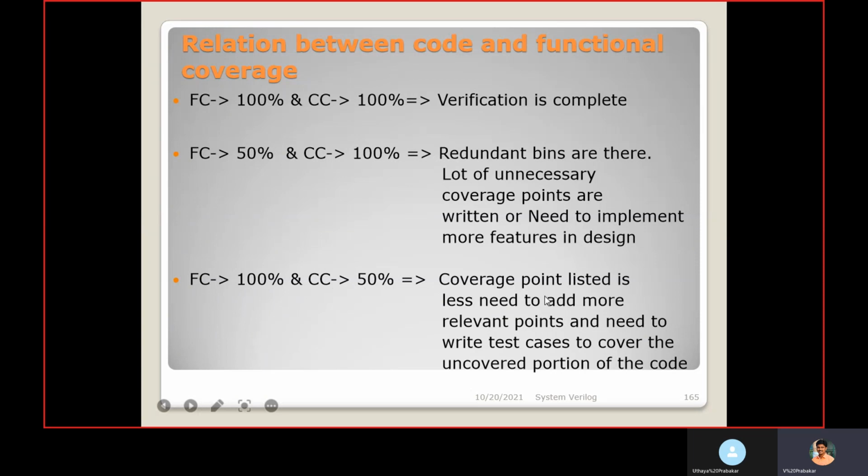So we need to write test cases to cover the uncovered portion of the code. Still we need to write more test cases to cover the remaining portion of the code. These are the meanings. The remaining we will discuss later.